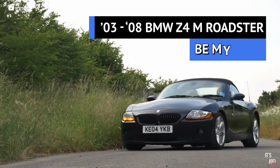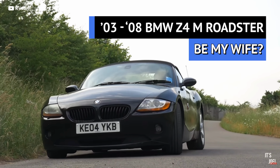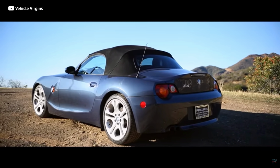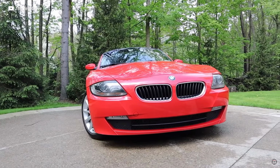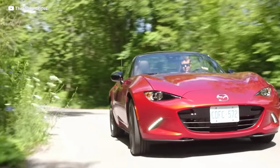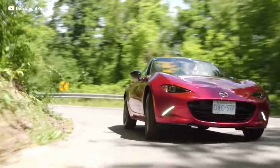But there is one drop-top roadster that would get a ton of people to swipe right. Bimma, the BMW Z4M. And what's not to like? The Z4 has all the Miata fun. Top-down, two-seater, small car, big smiles, baby. Without any of the drawbacks of the puny engine and that Ken and Barbie body styling that the Miata is